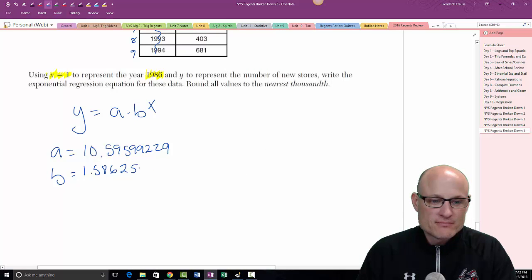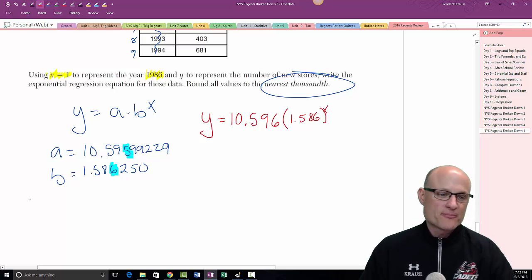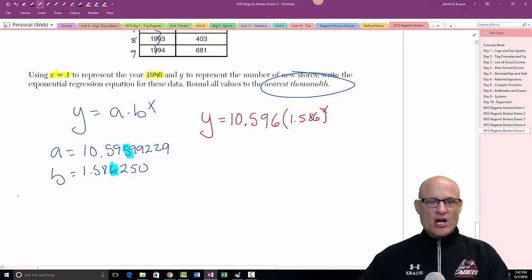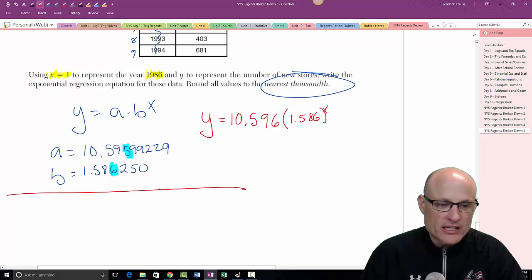All right, we're going to round this to the nearest thousandths place. That's 3 decimals. 1, 2, 3. So our final answer for this will be y equals 10.596 times 1.586 to the x. Now I added a part, and I said if this continues, approximately in what year will there be approximately 1,500